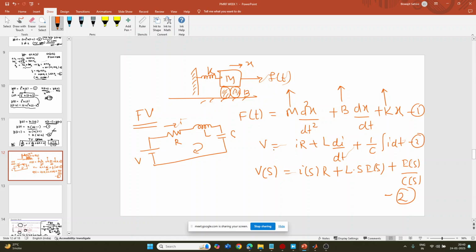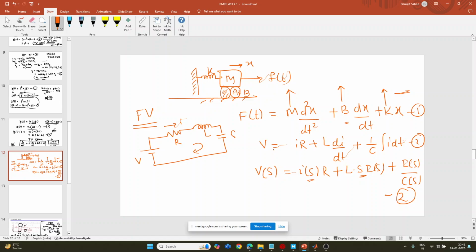This is the equation in the force analogy, and this is the equation in the voltage analogy. Just compare 1 and 2, the different orders of derivative. Then you can find out which quantity the voltage is replaced by, and which quantity the resistance is replaced by, and you get the easy answer. Otherwise, the best way is to make the Laplace transformation and check the coefficients: what is the coefficient of s, of I(s), or of s square? Like that you can find out.